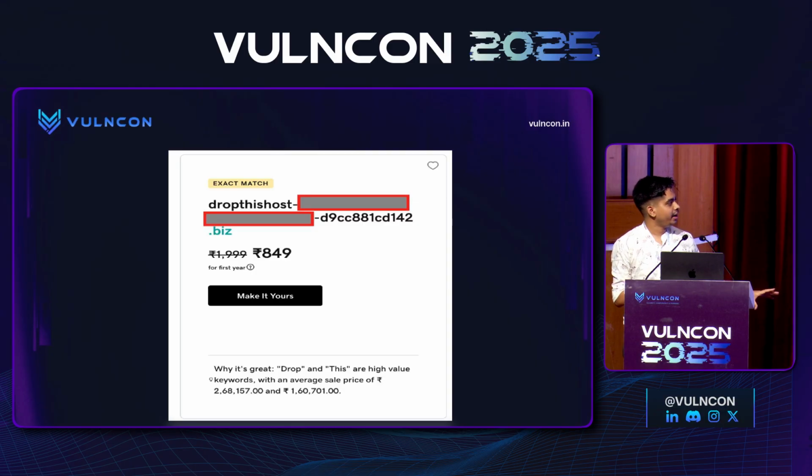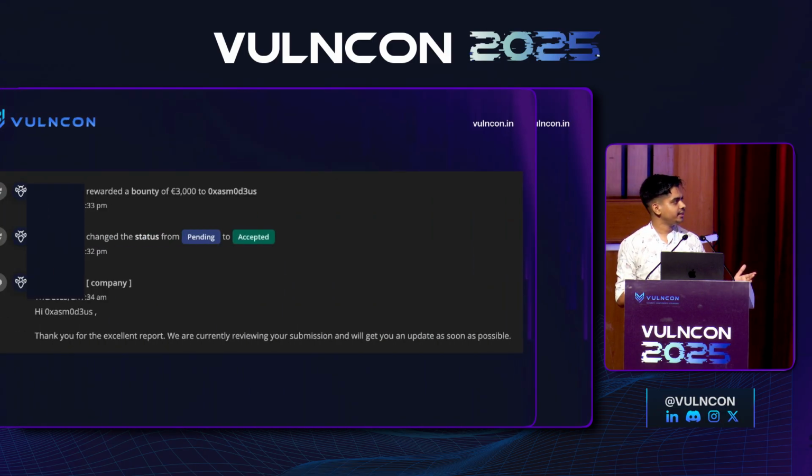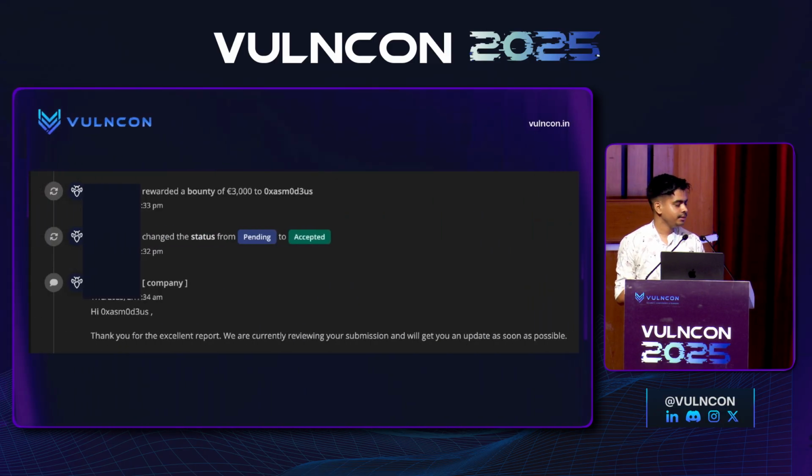But at that time, I did not pay much attention to it, and it was, I think, in 2023. But I reported this issue anyway because I was able to hijack that particular domain, which was in the scope of a bug bounty program. I was able to hijack this particular name server, and after that, I took control of the domain name. I reported it, and they awarded me a bounty of 3,000 euros. But this is not what was interesting. What was interesting was this pattern. So I want you to look closely at this pattern and just memorize it real quick.